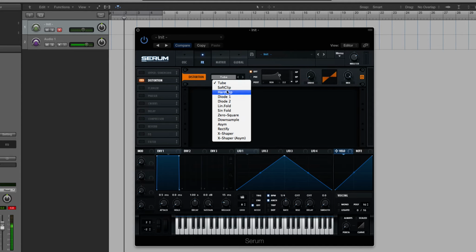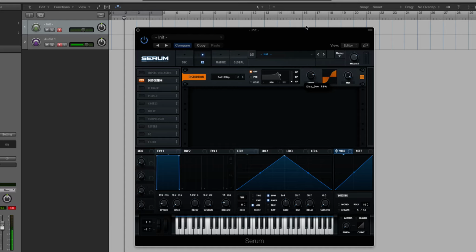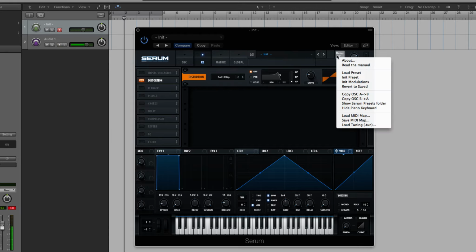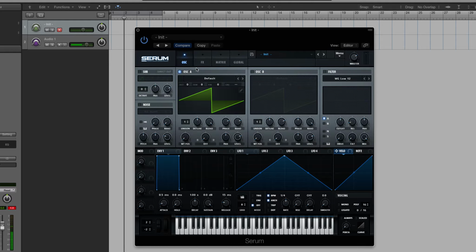So tube, I'm going to run through what these do quickly. I'm not going to cover in depth what this distortion is or what distortion types are because that's outside the scope of this tutorial. But tube, that's great if you want to bass a sound like a tube-driven bass in the real world, like an electric bass. That might work, or guitar. Soft clip is going to simulate a clipping overdrive distortion just very softly, as the name suggests. Hard clip will be a little bit more aggressive. And to show you what these distortion types are going to sound like,